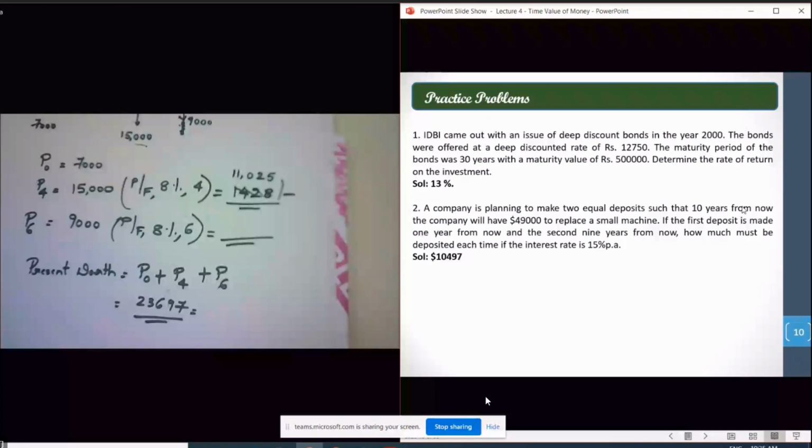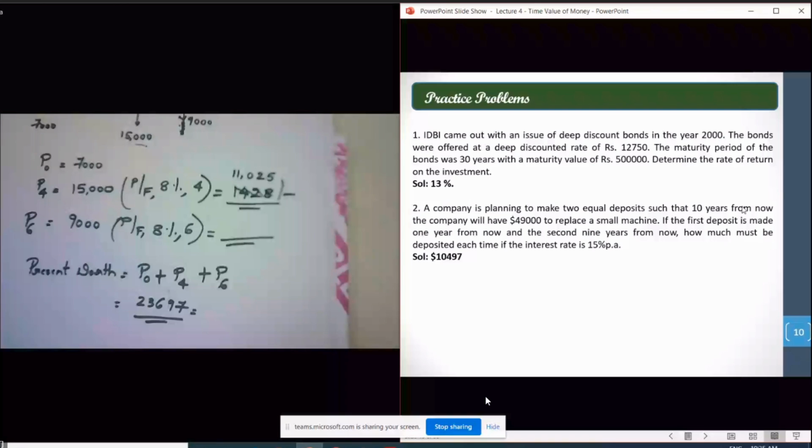Anyhow, this is the practice problem. Later I will forward it to you. You can try it out. You have a solution also written here. You can find out whether you will be getting those answers. If not, we'll discuss it in the next class. Also, I may forward you the solution to this problem, but see that you solve it on your own, because you will get practice with those numericals.